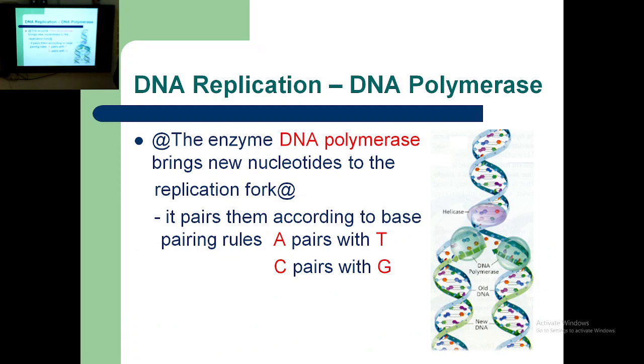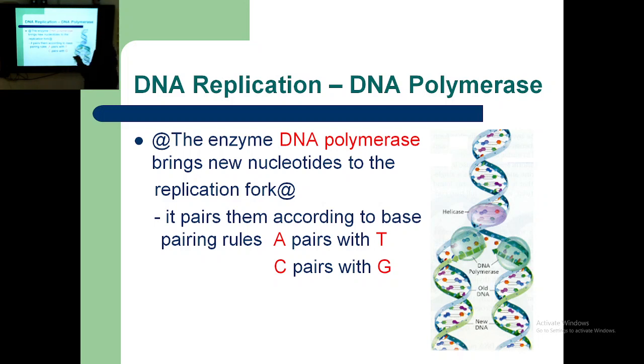After the helicase, DNA polymerase begins to bring nucleotides to the replication fork. So there is a replication fork which needs enzymes, and many enzymes will work. Before the DNA polymerase, there is a primase that will add the primer, and the DNA polymerase will find the primer